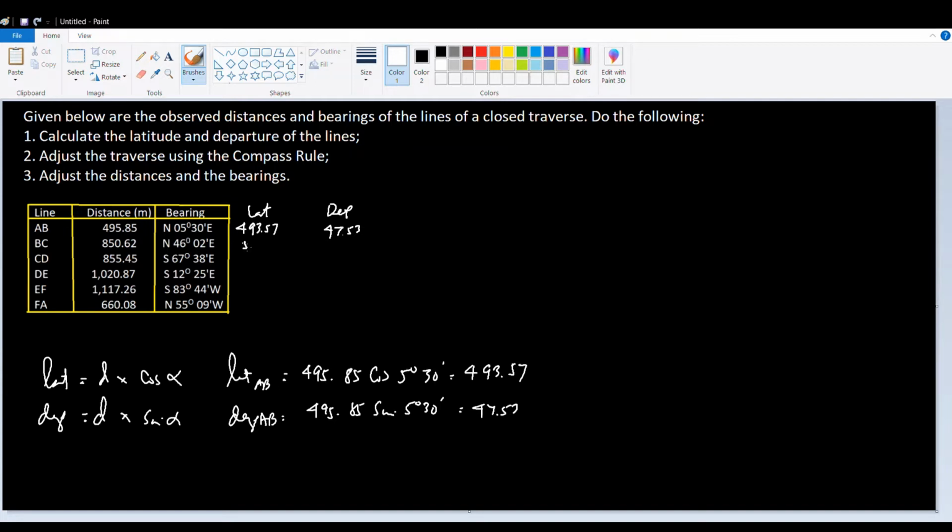So in here for line BC, it is 590.53, and then the departure is 612.23. So you can check the entries using your calculators. So for line CD, the latitude will be negative 325.53, while for the departure it is positive